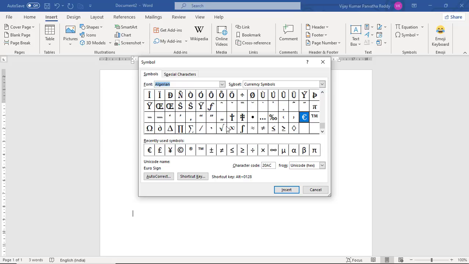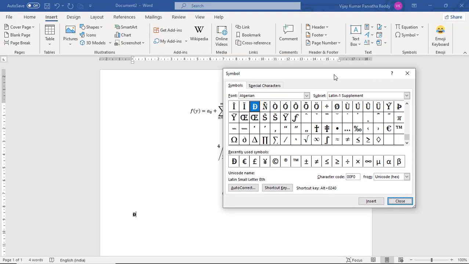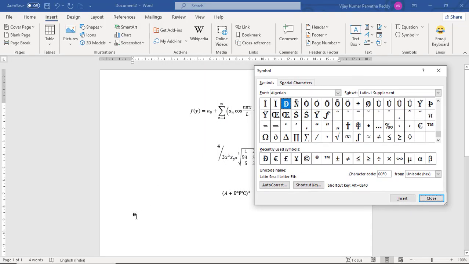Suppose I am selecting something like that. Okay, different symbols are there. You can select any symbol and finally insert. Where you placed your cursor in the document, there it will come.